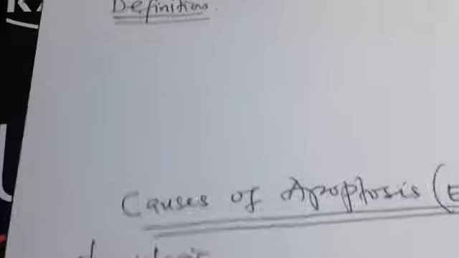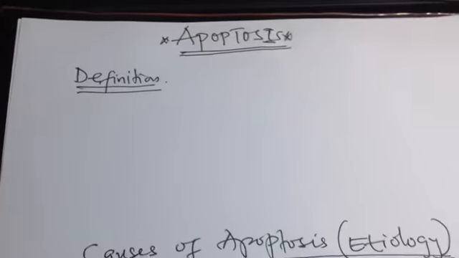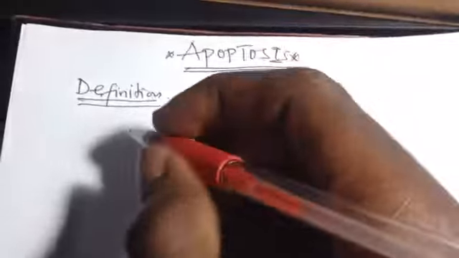We are going to start with the definition of apoptosis. Apoptosis is a kind of programmed cell death, because before the cell undergoes this kind of death, the cell has to program some pathways. There are steps the cell has to undergo. So this pathway of death is programmed. That is why it is even known as suicide, because the cell is the one that triggers its own death. Right, that is the definition.